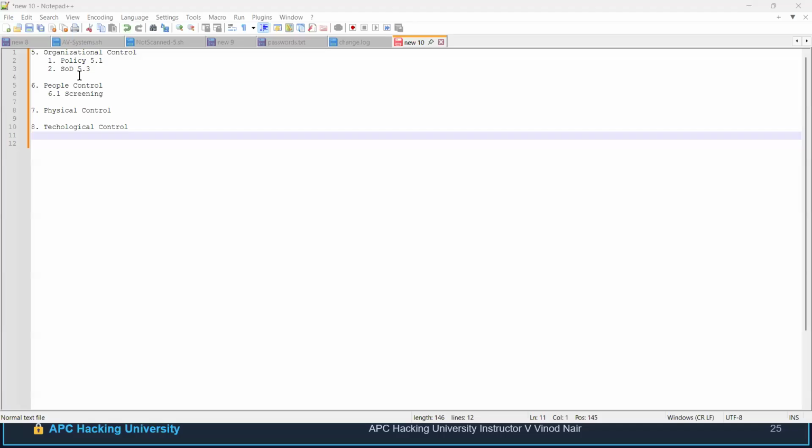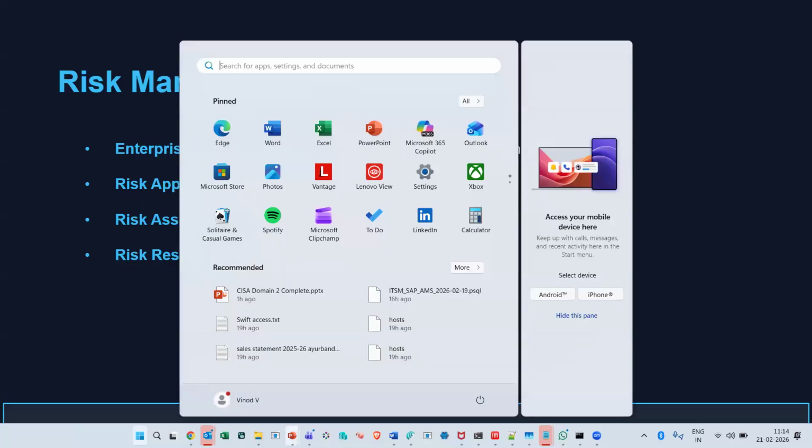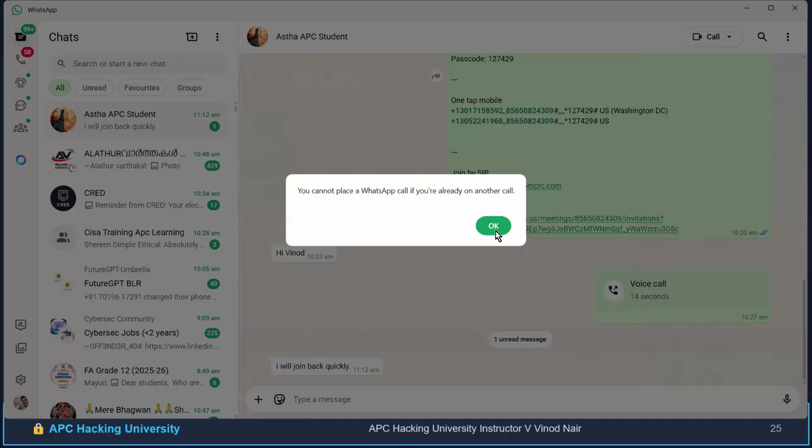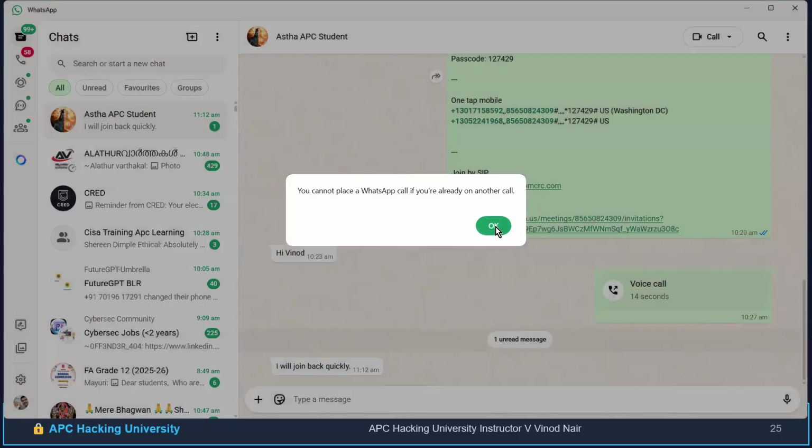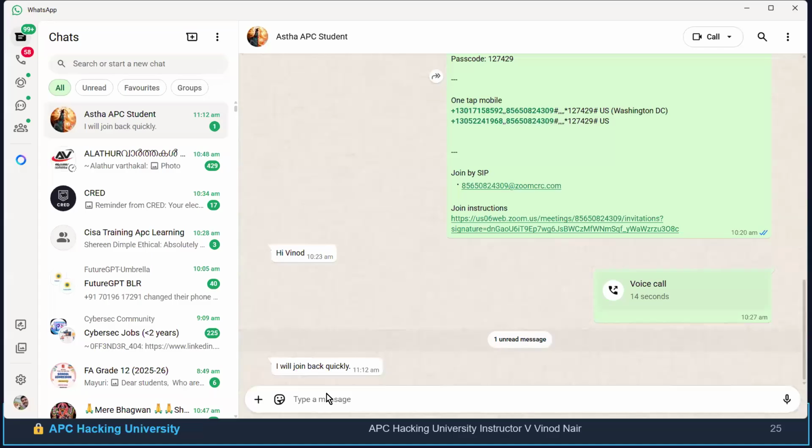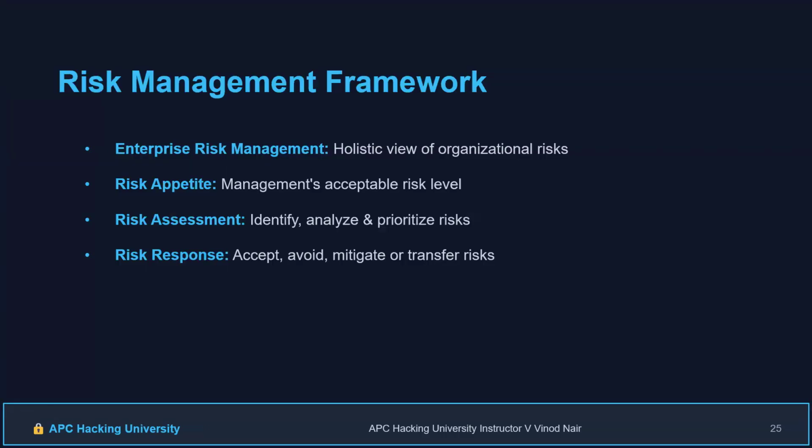Sorry, Asta, Ashwini, you both are there? I'm there, Vinod. Asta was dropped off, I believe, due to some network issue. Let me check with her one second. Yeah, sure. Okay, she has said that she will be joining quickly. Okay. Anyways,